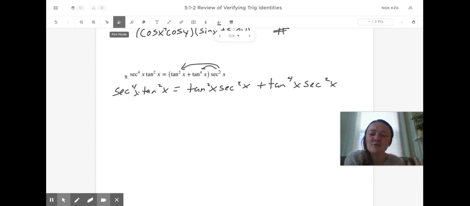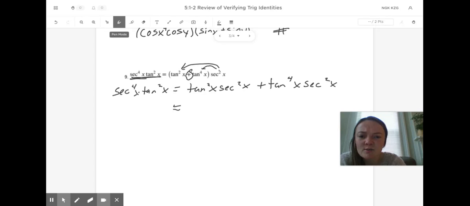The thing that really clued me in to that is I see addition here, and there's no addition here. There's only multiplication. A really great way to go from addition to multiplication, or multiplication to addition, is the Pythagorean identity. So I'm going to see if I can pull out a factor and see if there is a Pythagorean identity in there. Okay, the greatest common factor that I'm seeing